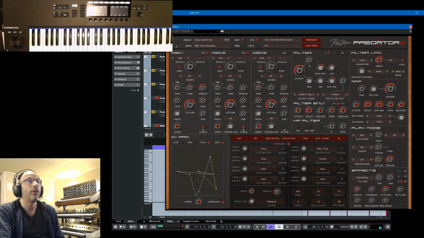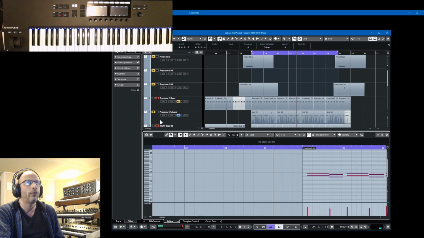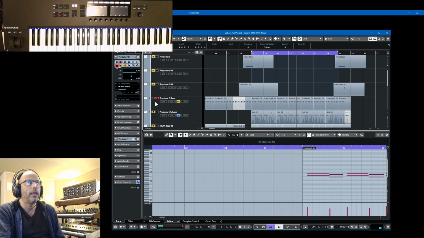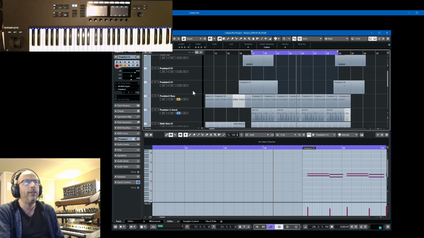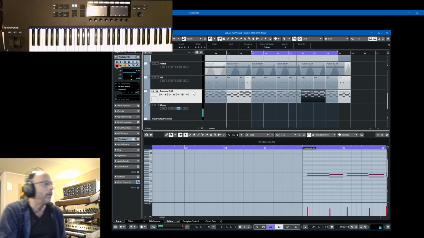In this case, it fits nice again. So I'm gonna close it and then put off the solo everywhere, and then we're back now with everything. Okay, so I'm checking now the